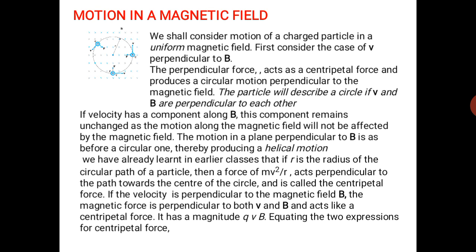If the velocity is perpendicular to the magnetic field, the magnetic force is perpendicular to both V and B and acts like a centripetal force. It has a magnitude of QVB, and by equating these two expressions